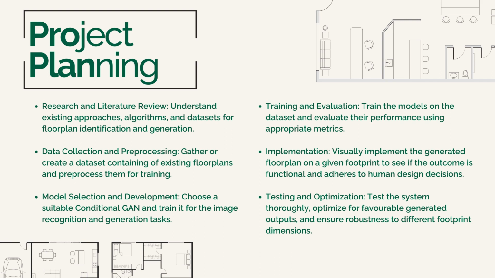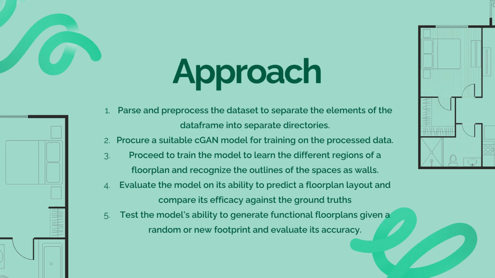To summarize, our basic approach was to parse and pre-process the dataset to separate the elements of the data frame into separate directories, procure a suitable CGAN model for training on the processed data, then we proceeded to train the model to learn the different regions of a floor plan and recognize the outlines of spaces as walls. Then evaluation of the model on its ability to predict a floor plan layout and compare its efficiency against the ground truths. And then lastly, we tested the model's ability to generate functional floor plans given a random or new footprint